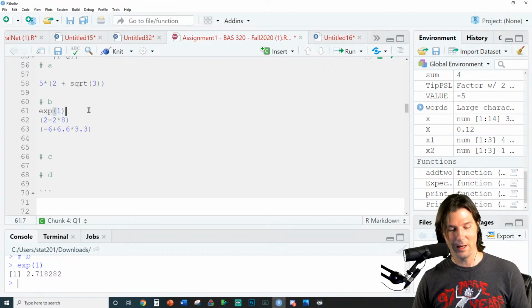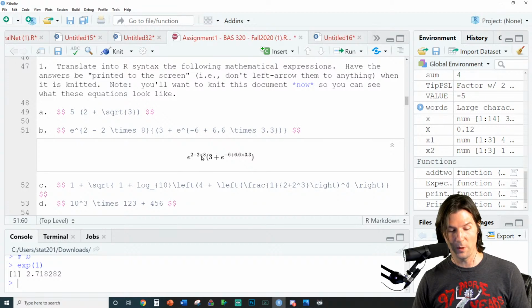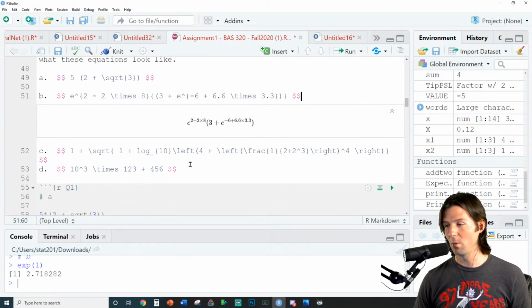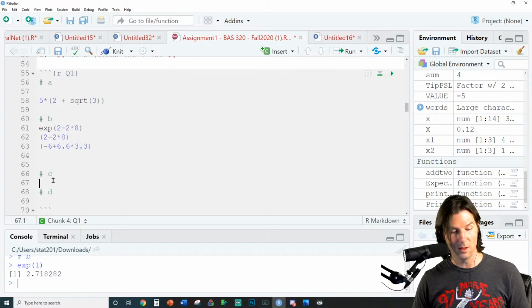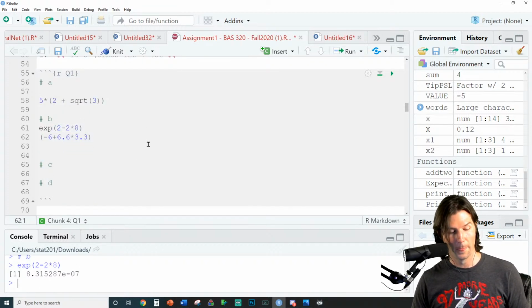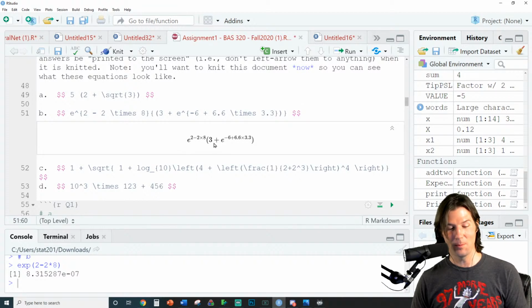So with this right here, we have E, and then what do we need to do with it? Let's look at it again. We need to take and raise it to what we wrote right there. And whatever we put is what it'll be raised to inside of that parentheses. So EXP, I should say, is a function. And if we take this inside of it right here, this becomes the argument. This is the argument by which we are raising E to. So we've taken E and raised it to that number, and then we have to do